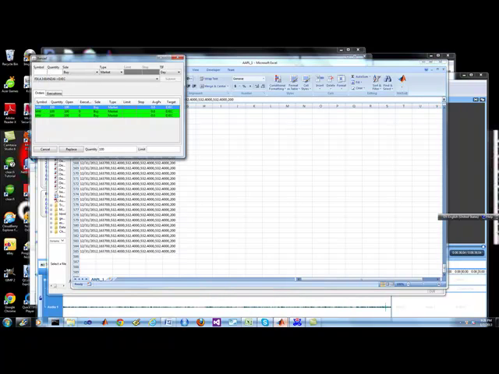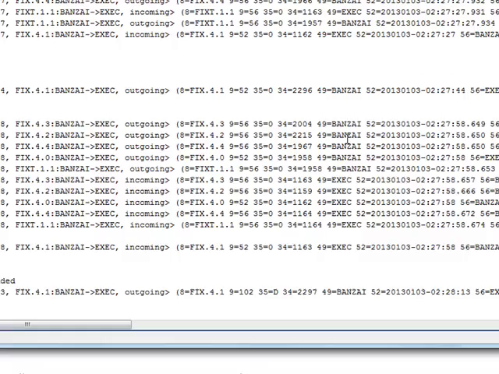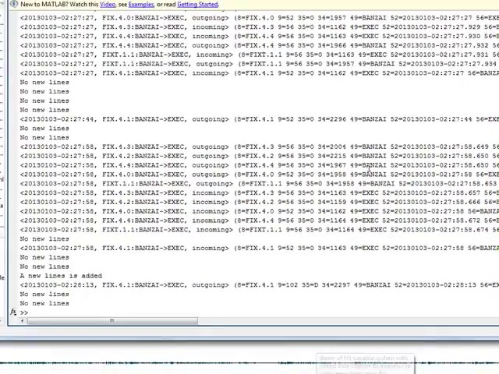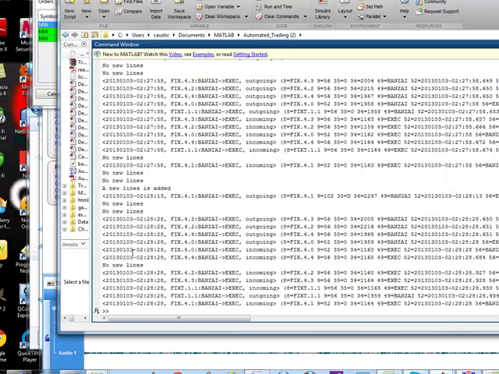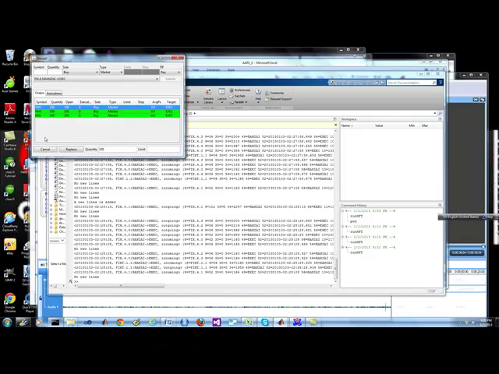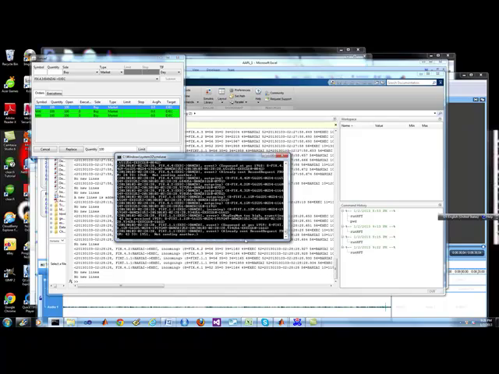There you go, it's already taken place. It's pretty fast. It checks every 5 seconds on this no new lines business, but the crux of it is the trading decisions. So I'll show you another video in full detail of what that entails. But this is generally the system itself using IQFeed, and as I said, there's Bonsai, which is part of that, as well as this console, which is part of IQFeed.